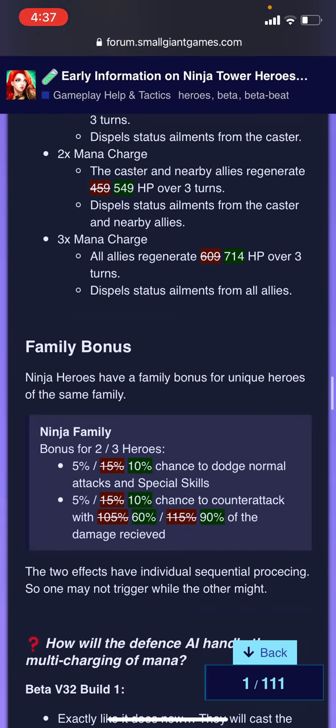It looks like, oh, the ninja family has changed. All right, that's fair. Those were pretty overpowered, if you ask me. So now we have a 10% chance to dodge normal attacks and special skills. So applying to both is awesome still. 10% chance to counterattack with 60% or 90% of the damage received, 5 to 10%, whether you have 2 or 3 of these heroes. So for most people, you're going to have maybe 2 of these. So they just made it less overpowered if you have